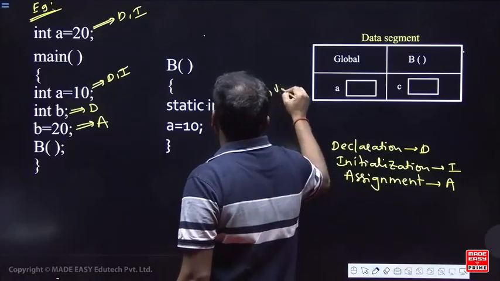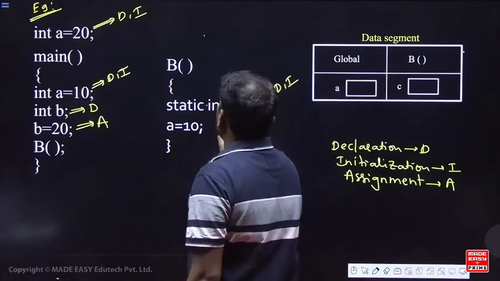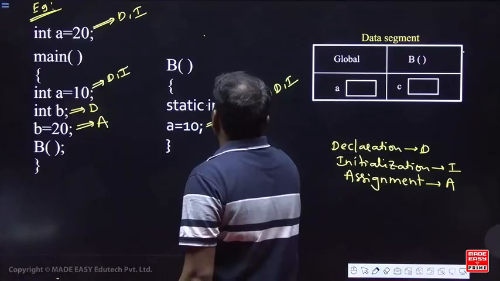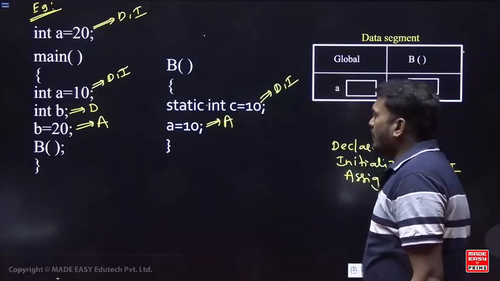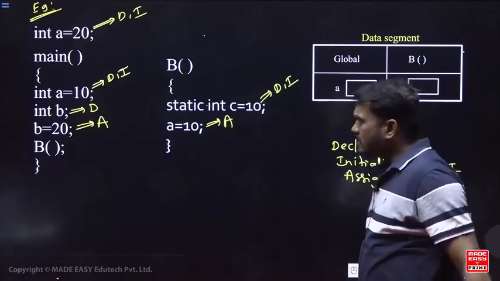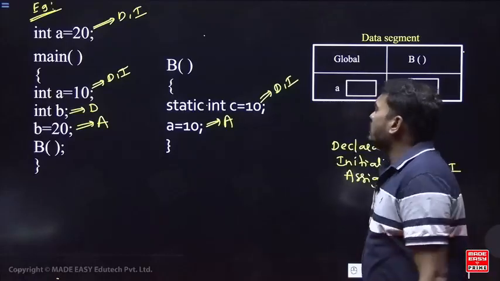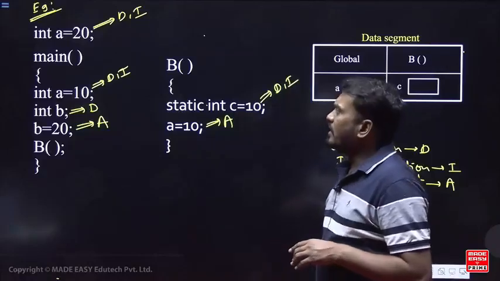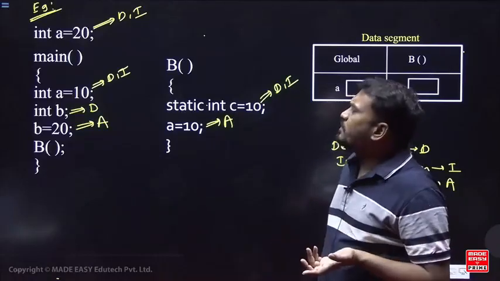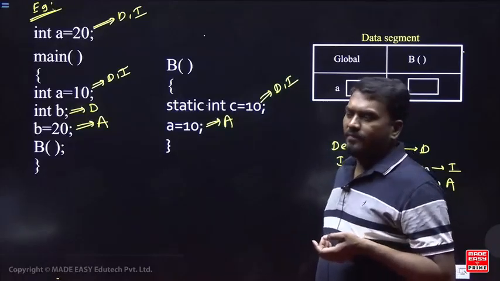What is this called, a same declaration and initialization? So this is called as what? Assignment. So a equal to 10, that is called an assignment. Okay, next, now understand here, in this example, when you are executing this program, first at the compile time,